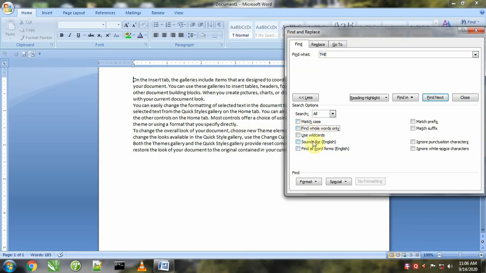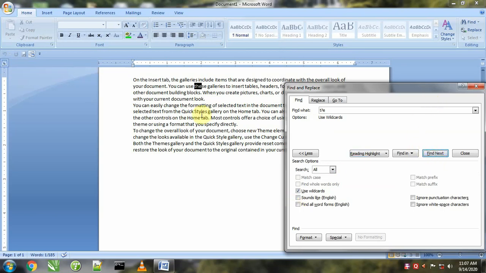Next is wildcard. With the help of wildcard we can match a pattern of words from the document like this. If I want to search a word like "the", I will say it is a word which starts with T, contains one letter, and the last letter is E. So now we will say find next. We can look here, "the" is found because its starting letter is T, the last letter is E, and the middle letter is H. Again we'll say next.